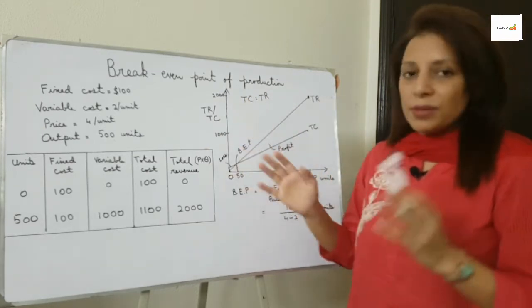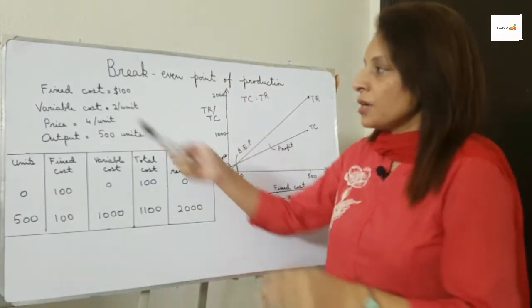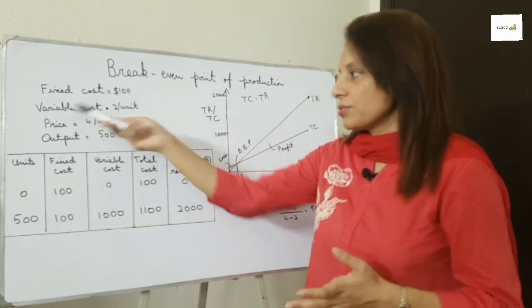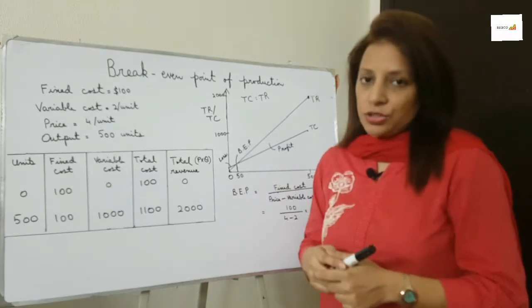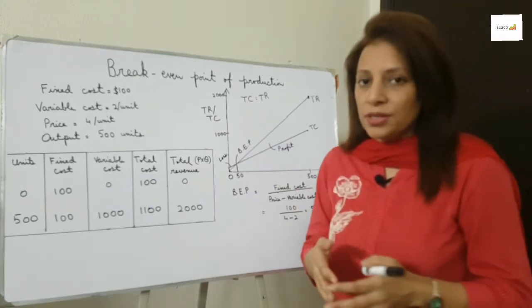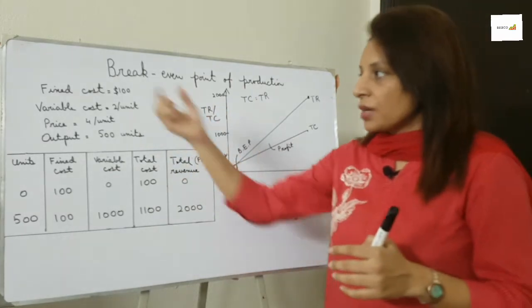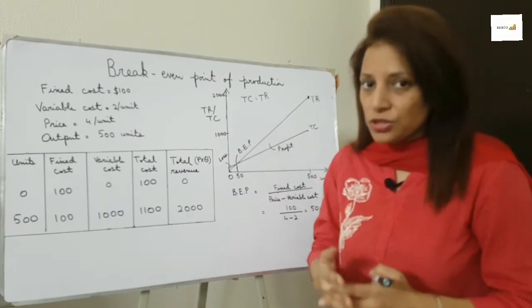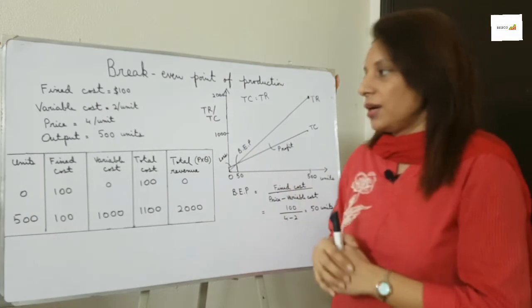So, let's start with the basics of what you need when you have to calculate break-even analysis. First of all, you need a fixed cost, which I have taken as $100, and variable cost per unit. Variable cost varies with the level of production, for example, cost of raw material and cost of wages. That's why it will always be given per unit. Fixed cost is the cost which businesses have to bear no matter what the level of production is. So it will be given as an overall cost to calculate this break-even analysis.